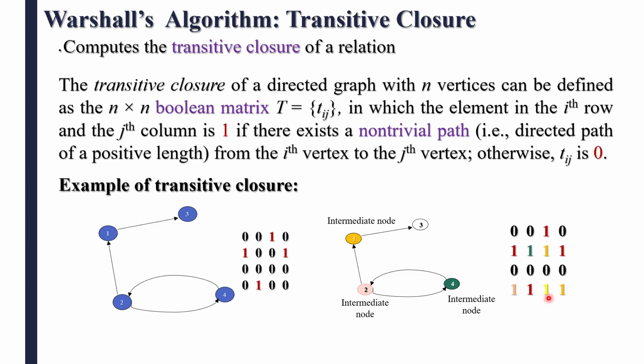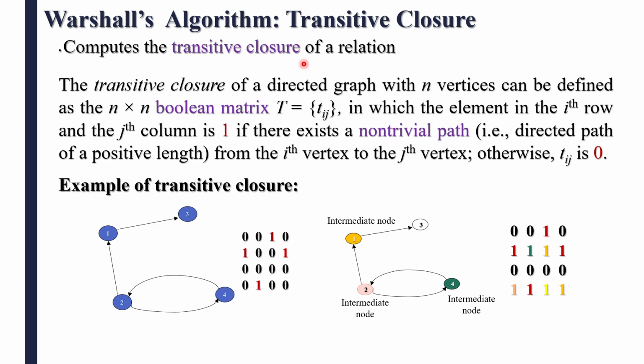And the same way 4 to 4 also path is existing. 4 to 2 and 2 to 4. So that's why these are the values. Earlier it is 0. But with the help of the intermediate nodes I am getting the path here. Yes, you can take the help of the intermediate nodes. After taking the help of the intermediate nodes, if you get the positive path, that term also you represent as a 1. That is what you call as a transitive closure here. Is it clear?